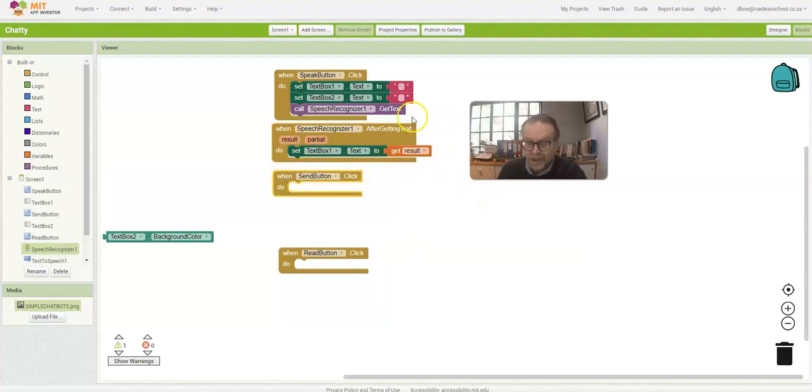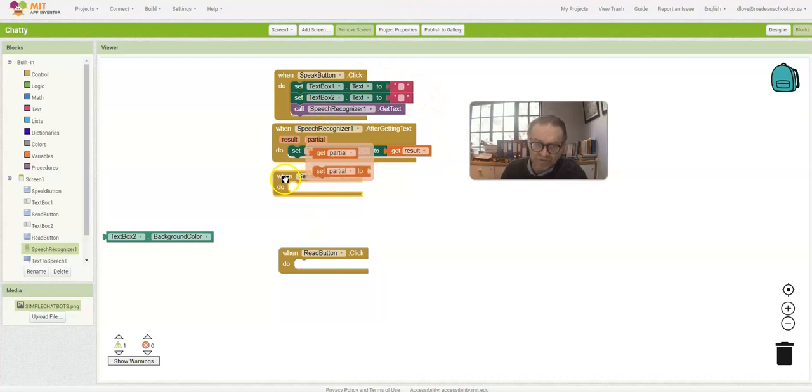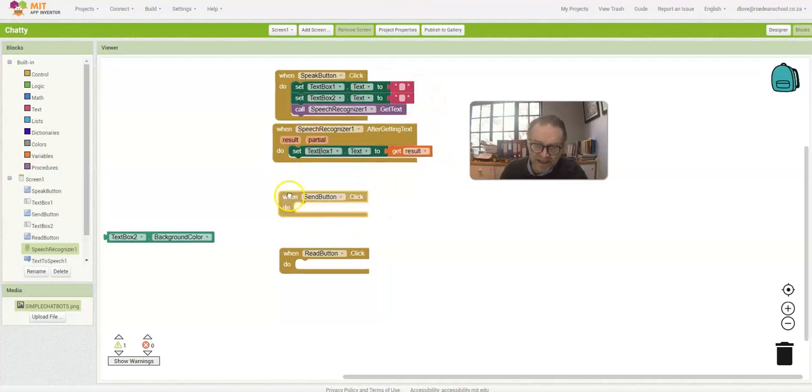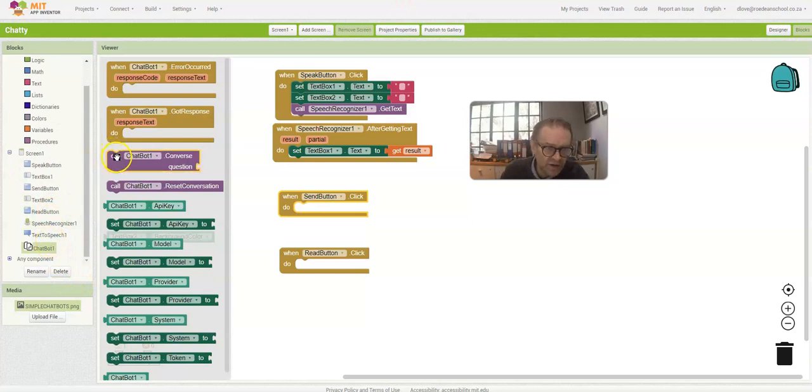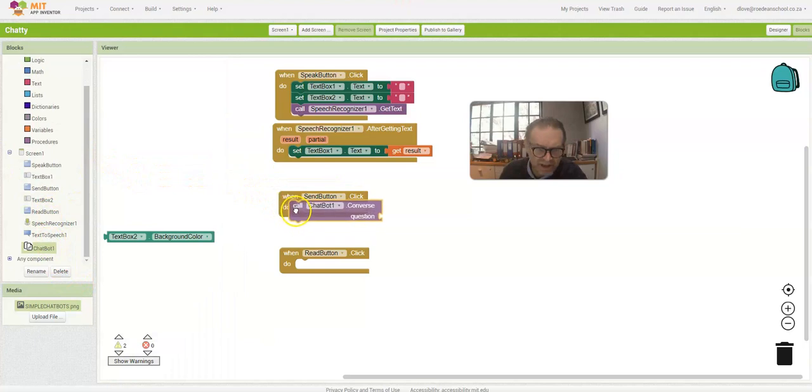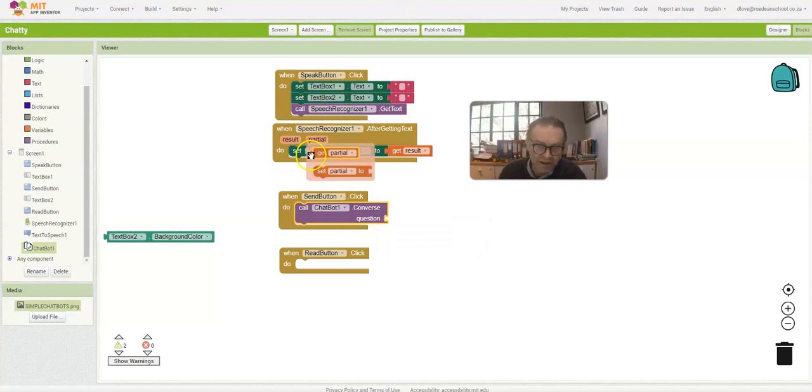So I've now got my speak button functions. I can move on to the send button. What happens when I click the send button? Well, it must connect to the chatbot. So I need to go down here to the chatbot code, and it must call .converse and give the prompt or the question. So the question will be that